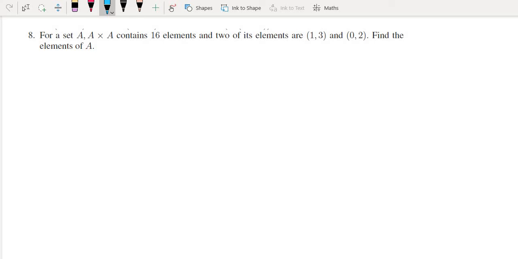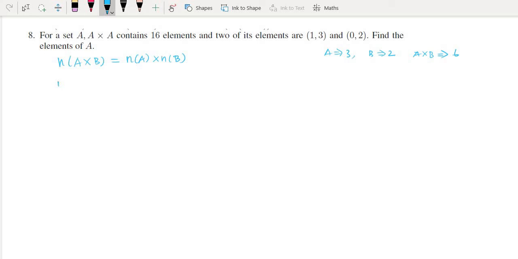So we know that the number of elements in the Cartesian product of two sets, n of A cross B, is nothing but n of A multiplied by n of B. So let's say A has 3 elements and B has 2 elements. So A cross B will have 6 elements. For each element in A we have that element comma an element in B, so something comma something like this will give 6 elements in total.